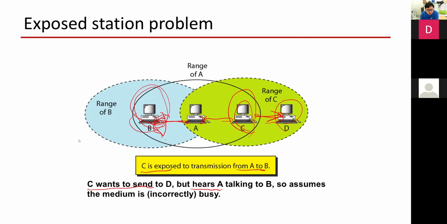Let's think about it for 2 minutes, because I'm the only one who has just talked for a while. Is the exposed station problem really solvable like this with the RTS CTS? Okay, let's think about it for 2 minutes. You know what to do. How to solve the exposed terminal problem with the RTS CTS? So the exposed station is solvable with this. Let's talk about why it is not, if you think it is not possible. So I'm gonna pick